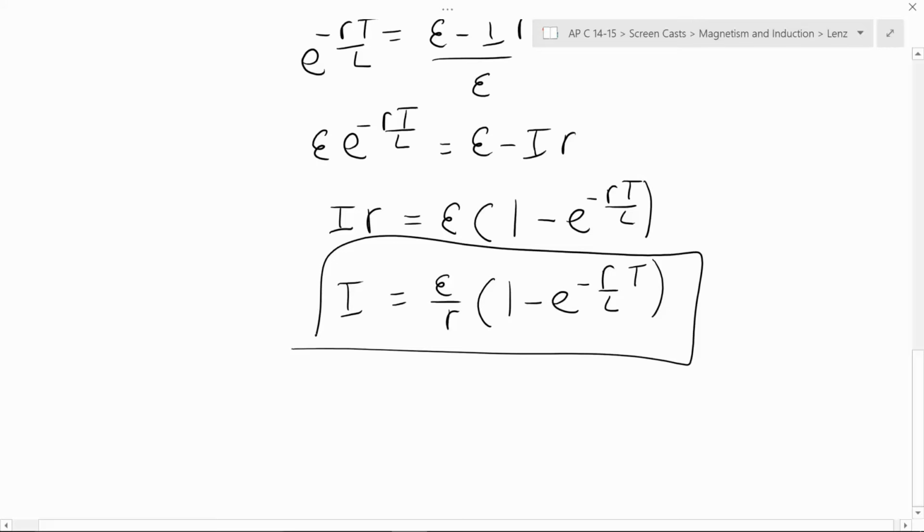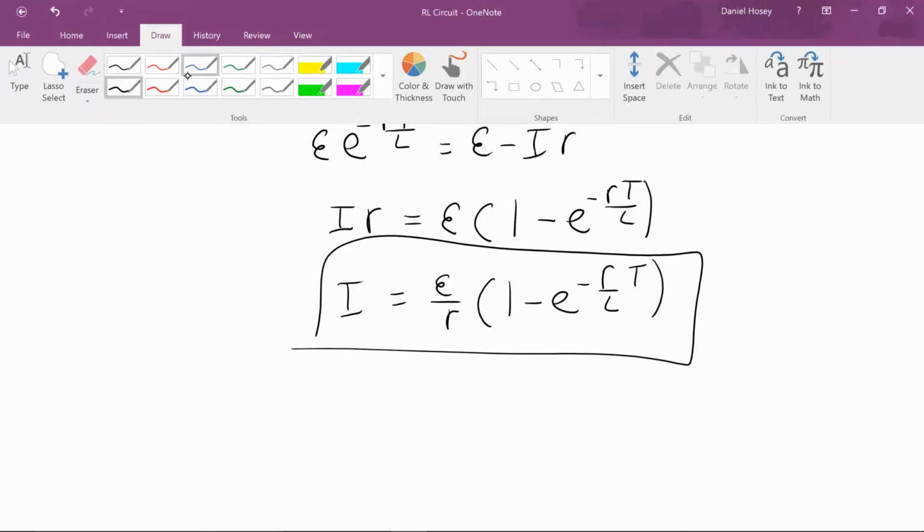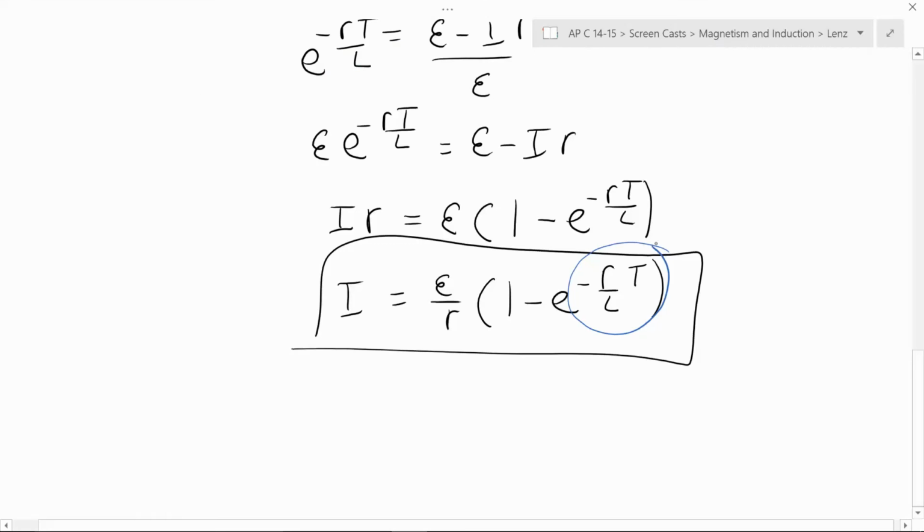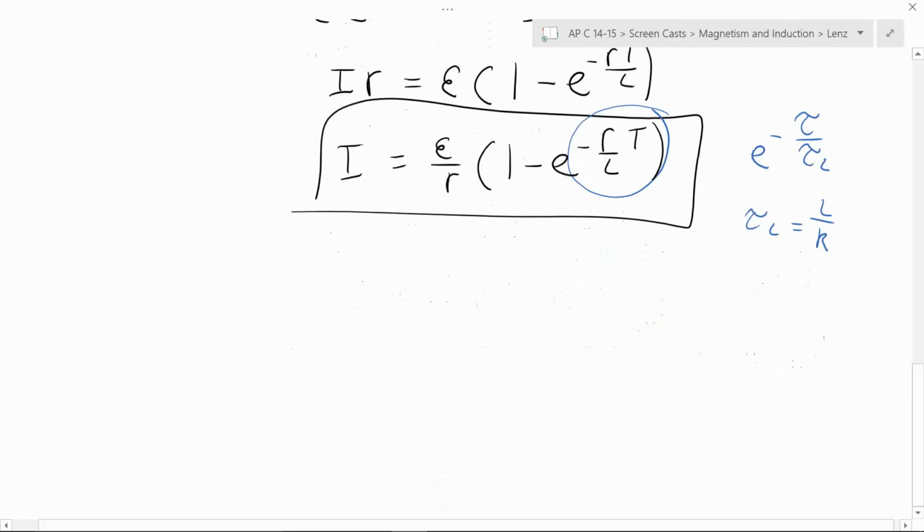Now, you'll often see this written instead of R, let me just use a different color here. Instead of written this way, you'll often see this written as e to the minus T over tau L. And of course, tau L is L over R. And that time constant means a similar thing to what it means with RC circuits. So after 1 tau of time, you're left with e to the negative 1, or 1 over e, or